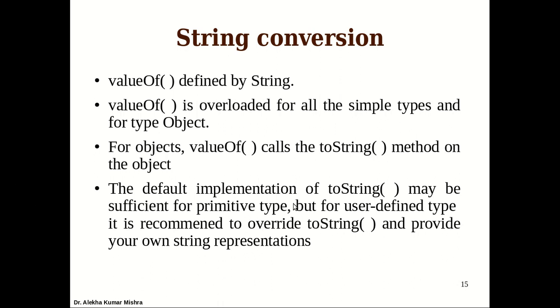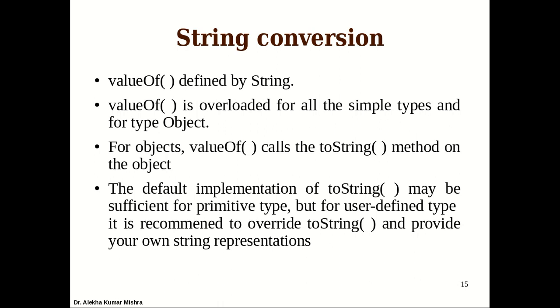For built-in libraries, toString is already defined. In multi-threading we have already seen that whenever we want to print an object of the Thread class type, we can print it directly, because the toString method has already been defined by the Thread class. But for user defined types, we need to override the toString method.